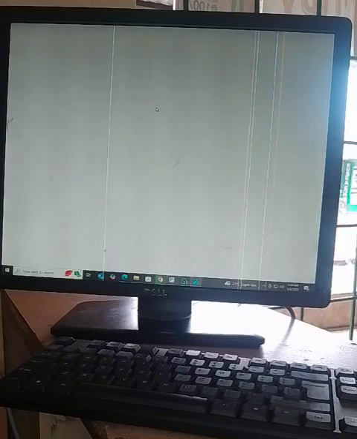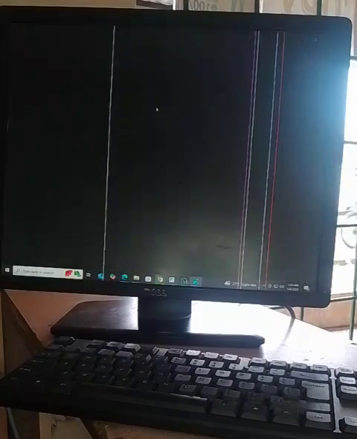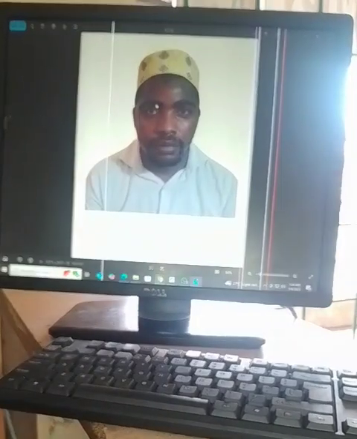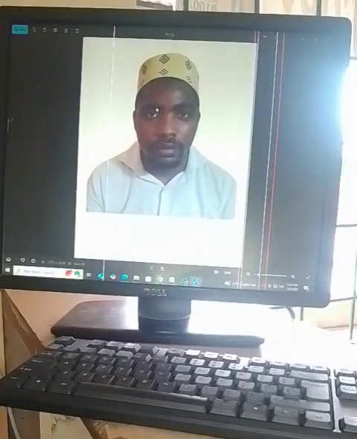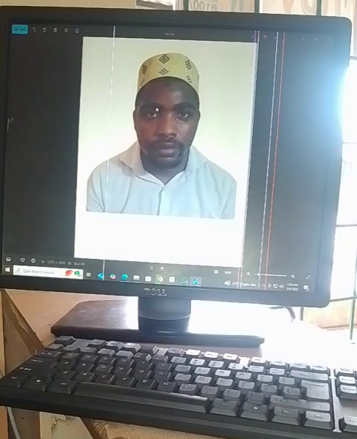So guys, if you want to remove the background from an image and you don't know how to do it, you can go to Chrome or whatever browser you are using. You type remove background, you will be directed to the page. That is it, guys, then you upload your image or you drag it and you can remove the background.